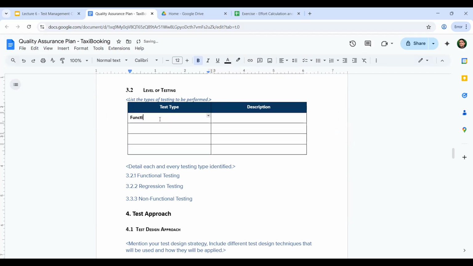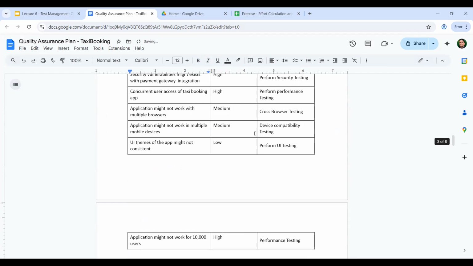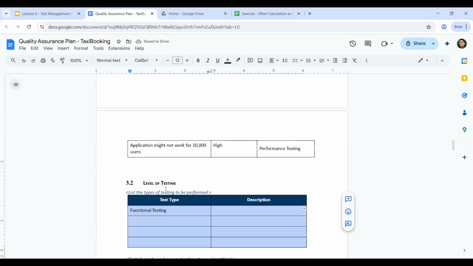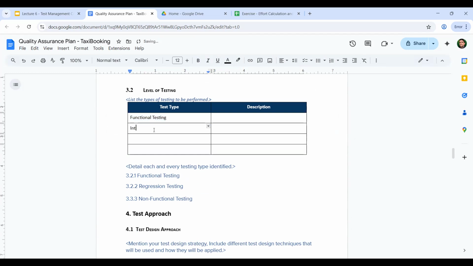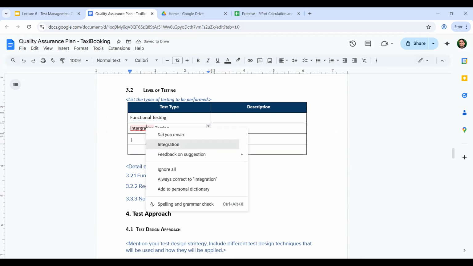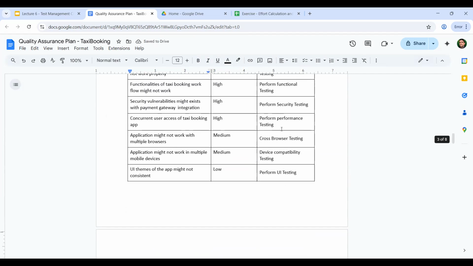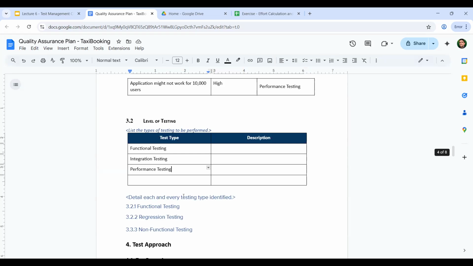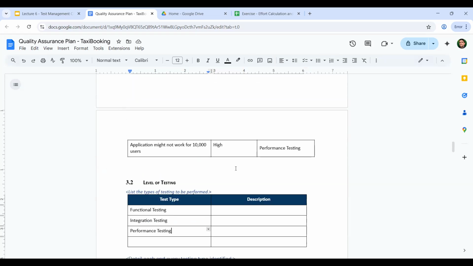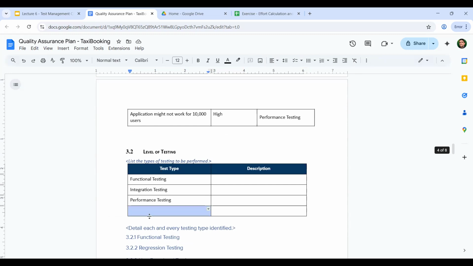Based on the risks that we identified above, we take functional testing, then integration testing, and the third, performance. But we will not repeat it, so only one time. Though there are multiple risks, we do performance testing to mitigate that risk. In the testing levels, we will list down all: unit, then security,